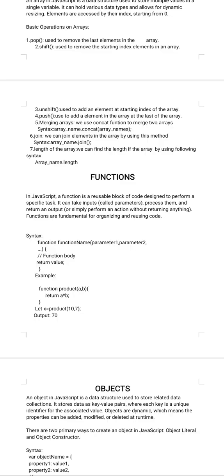Function parameters. Parameters are the named variables in the function definition that act as placeholders for the values, or arguments, you pass into the function. Here is the example and output. Calling functions. Calling a function involves invoking it by its name followed by parentheses, optionally including arguments if the function